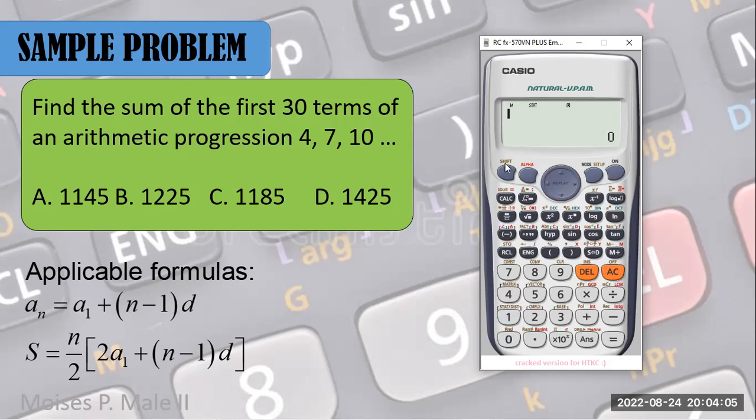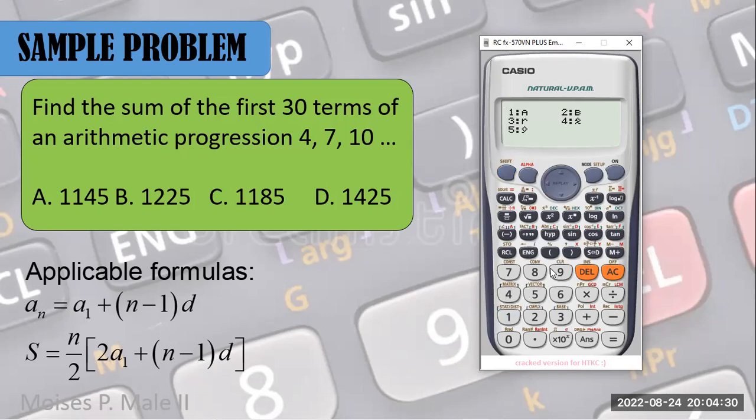Tapos, you need to get the summation. Summation ng lahat ng y, diba? Okay, so, lagay natin yung x na value, where x is changing from 1 to 30. Tapos, input natin yung